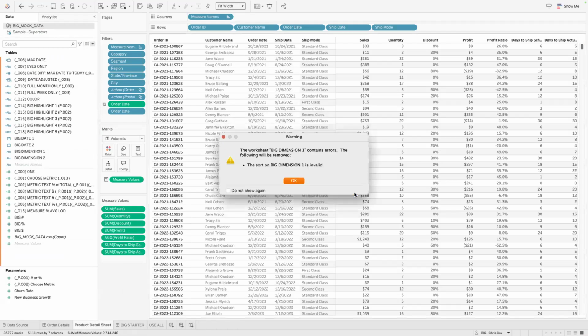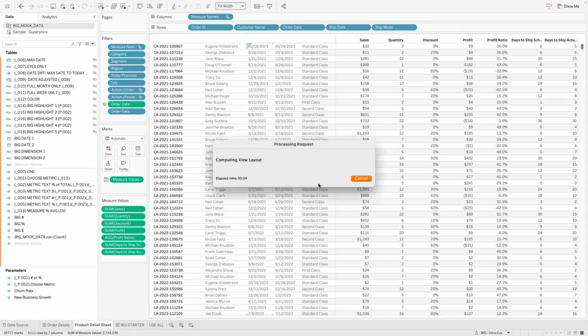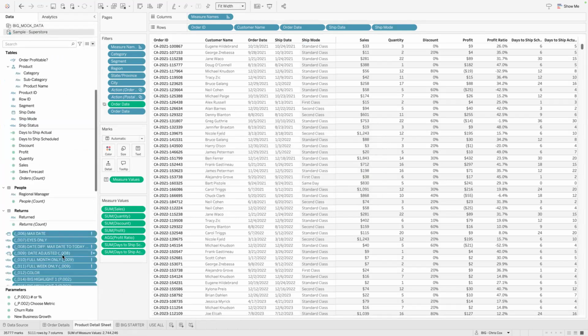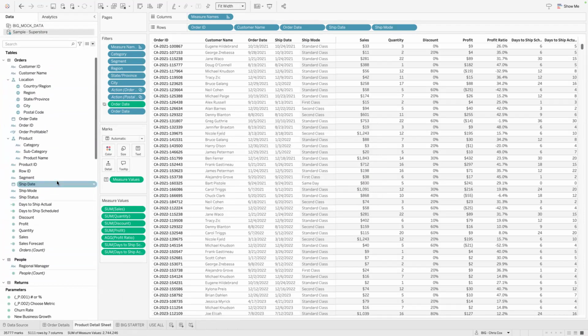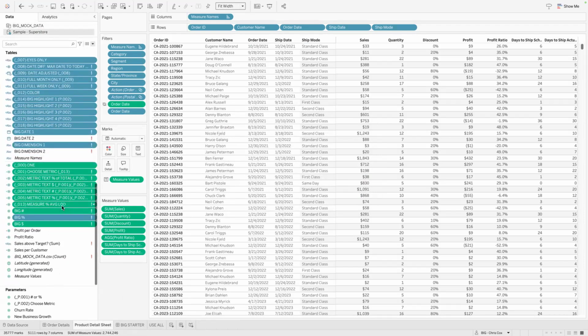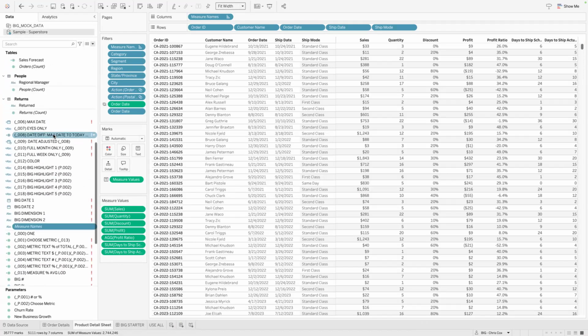That's going to give me some errors, which is fine. It moves all of my calcs over to my new data source, so I don't have to build them again. Some things will break, but that's fine. In my data set I had a big dimension, big dimension two, some dates and that kind of stuff, so we'll look for those same fields in this new one.